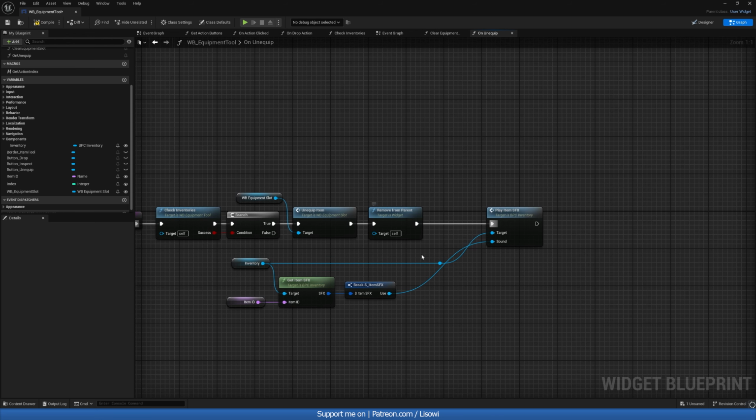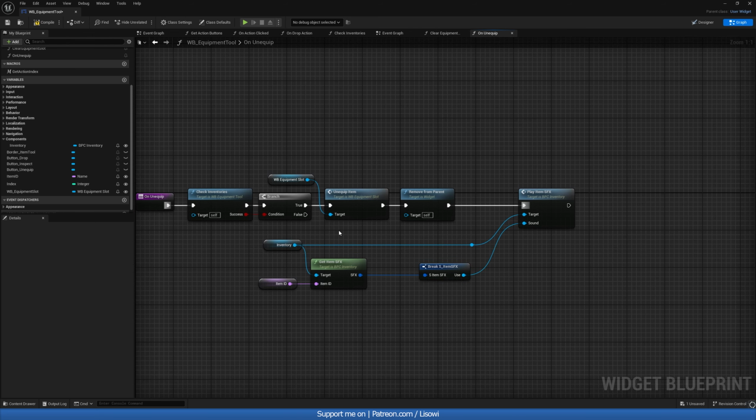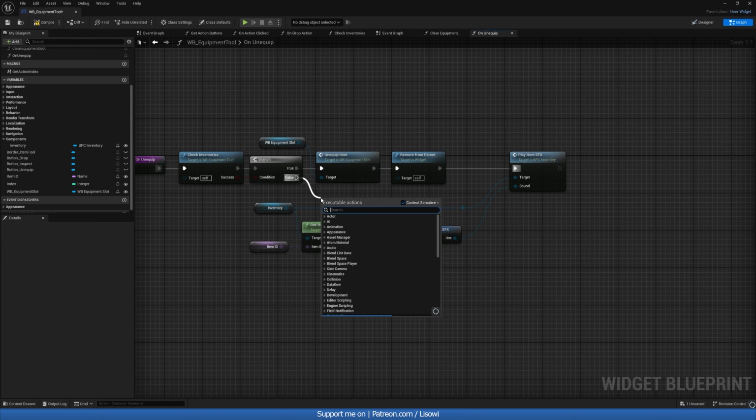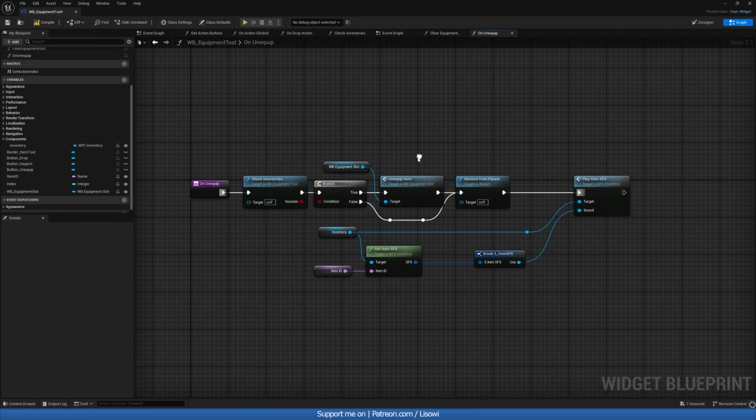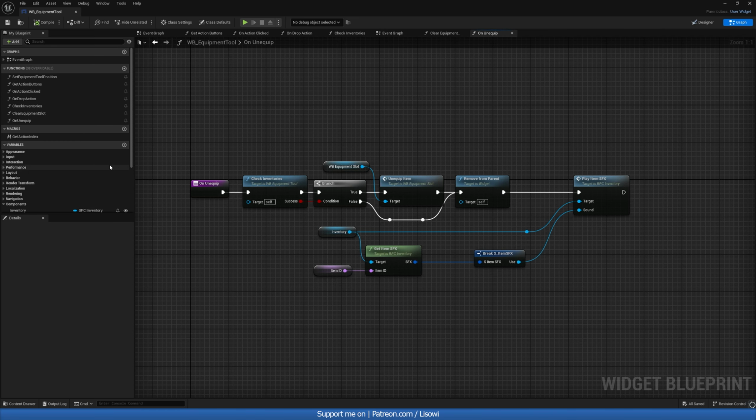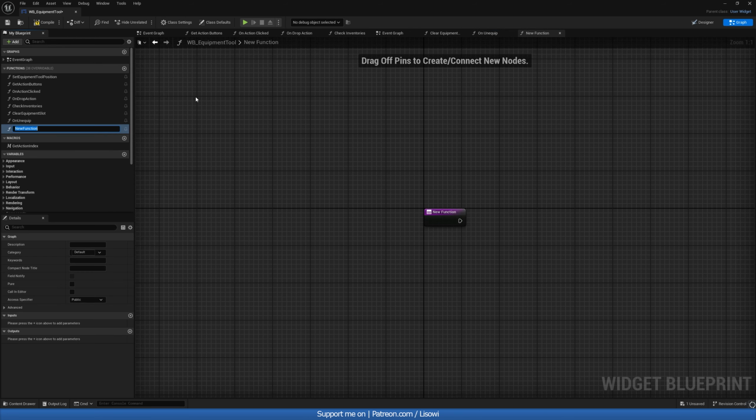Okay, and one more thing I want to do is on false. I just want to go around. So do a reroute node, reroute again, and go into remove. So everything but onEquip item. And compile and save. Next function is going to be called